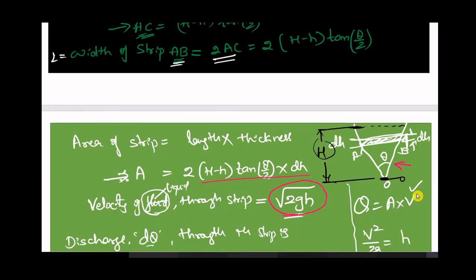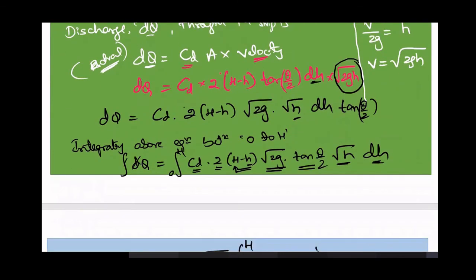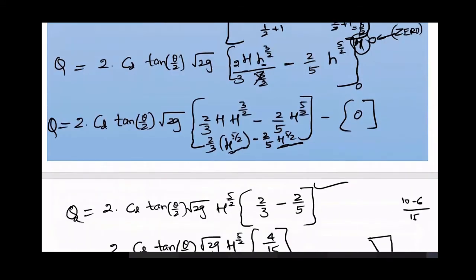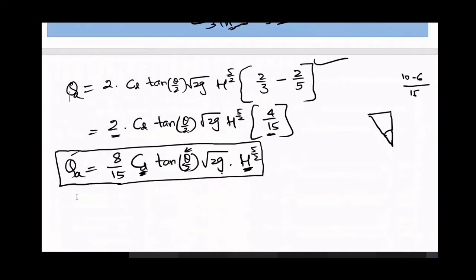Height of notch should be represented with h1, h2. He will give it in the numerical. If he has not considered any height of the notch, so this will be the final equation for calculating discharge through a V notch. For example, if you are writing for a right angular triangular notch, theta is equal to 90 degree. Then tan theta by 2 you will get 1.